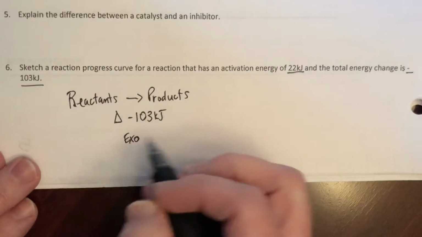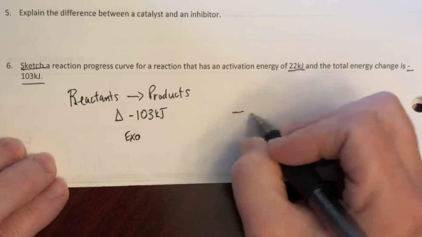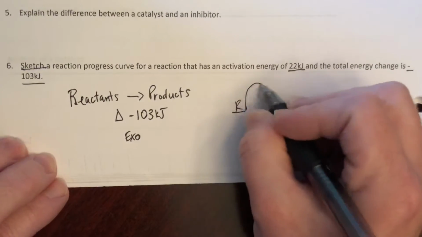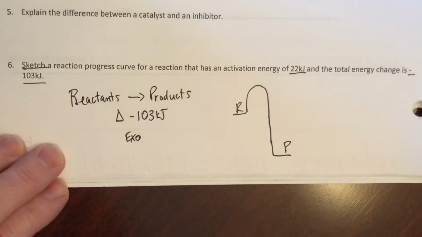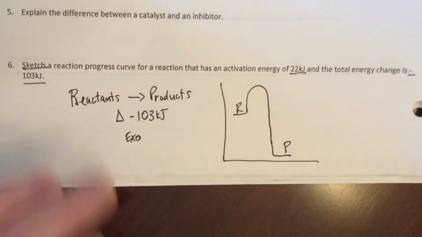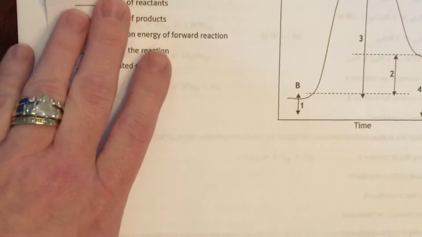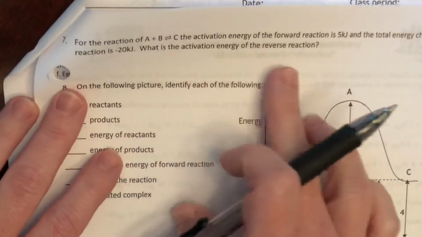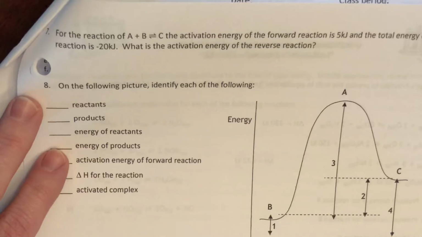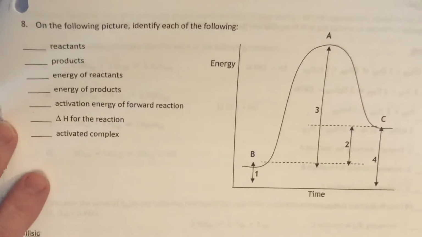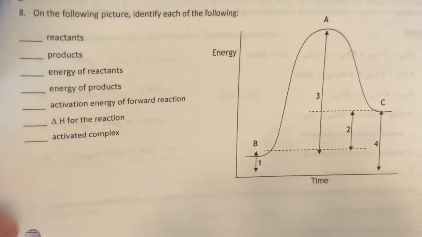So when they want you to sketch part of that graph, it should look very high for your reactant, and then it should give off energy. Now my products are way lower than where I started. And that's all they're really wanting you to do, is think about it. The same kind of question is up here for number 7 on the top of that next page, okay? So same kind of thing. And then really understanding all of the parts for this,